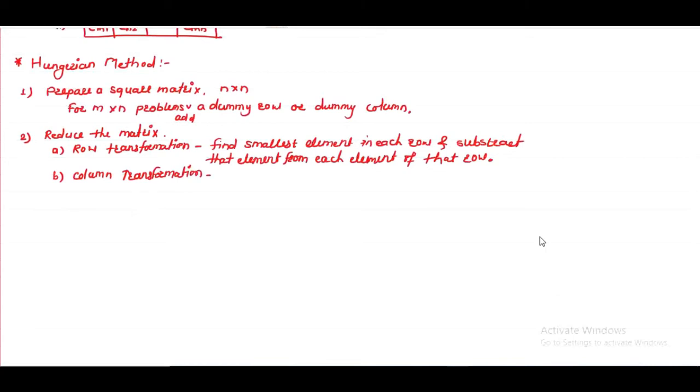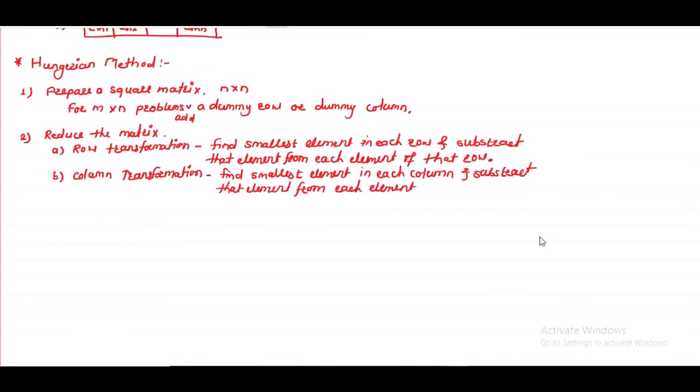This is similar to the row transformation operation. In that case, find the smallest element in each column and subtract that element from each element of that column.